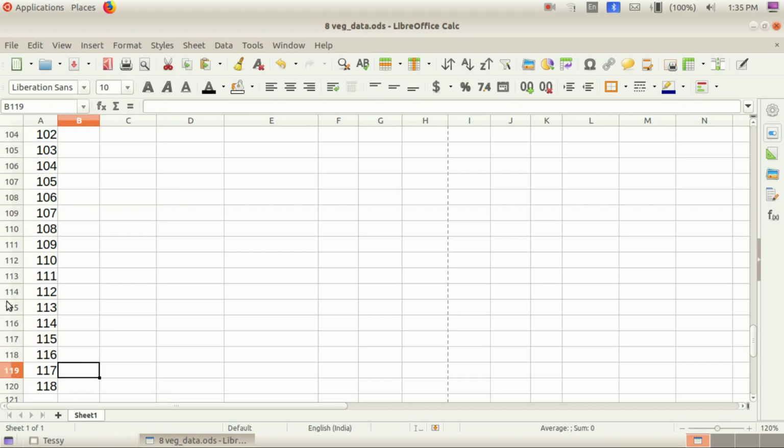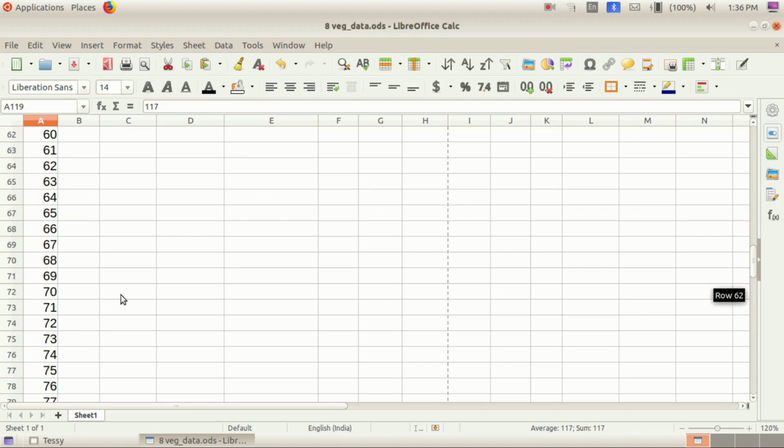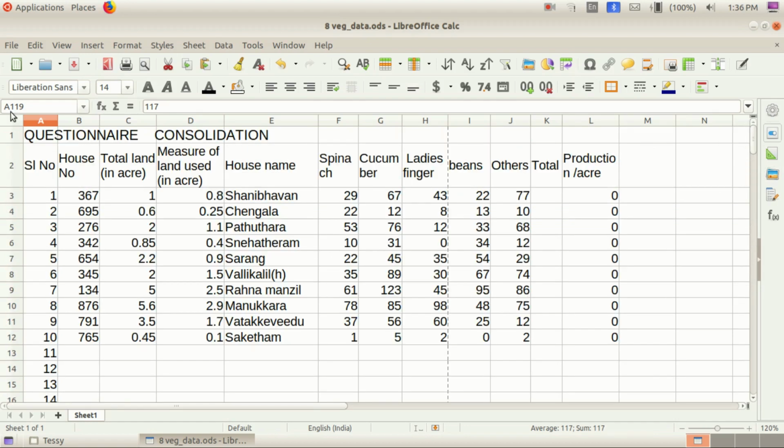The 119th row is this exactly. The serial number is coming to 117, two rows less here. Why? Because we write the first heading in the first row, isn't it? Two rows are used for the headings, and this is for serial number, and the first row is used for the main heading, questionnaire consolidation.